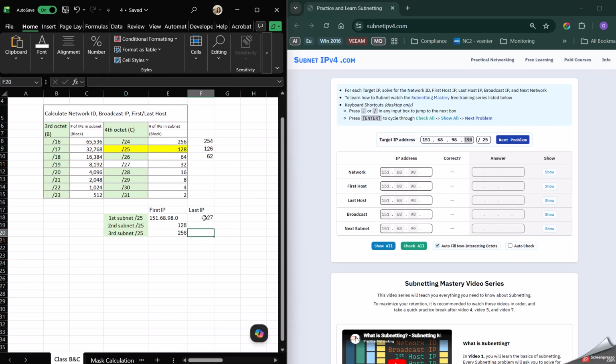So the last IP in the first subnet is 127, but it's not helping me because 127 finishes before mine. So my IP is not in the first subnet of /25. It's in the second subnet because the second subnet I can see here finishes at 255,